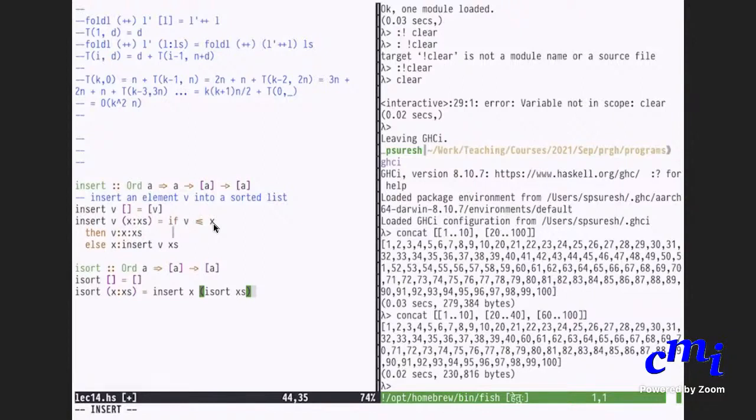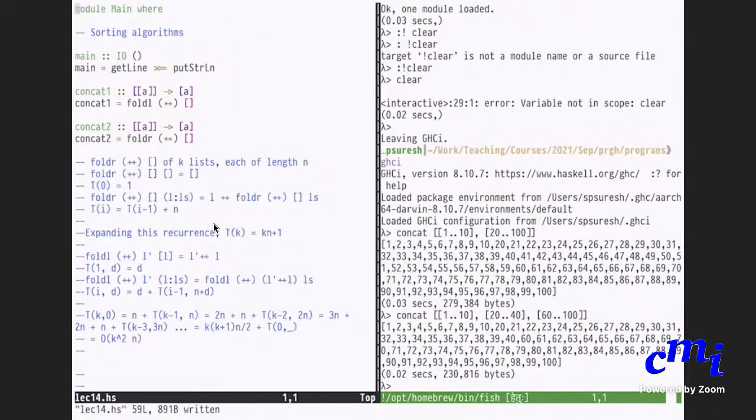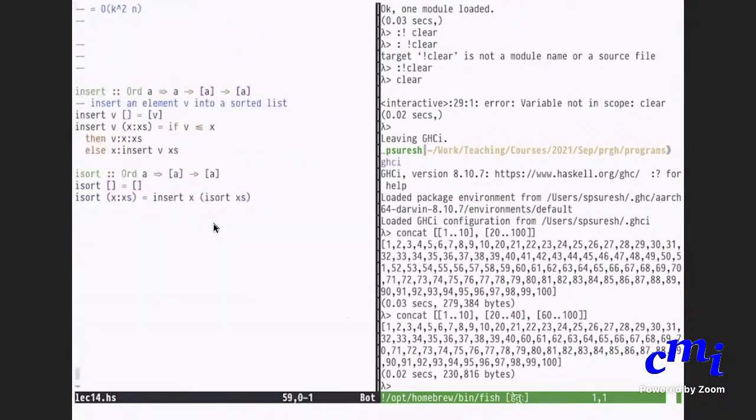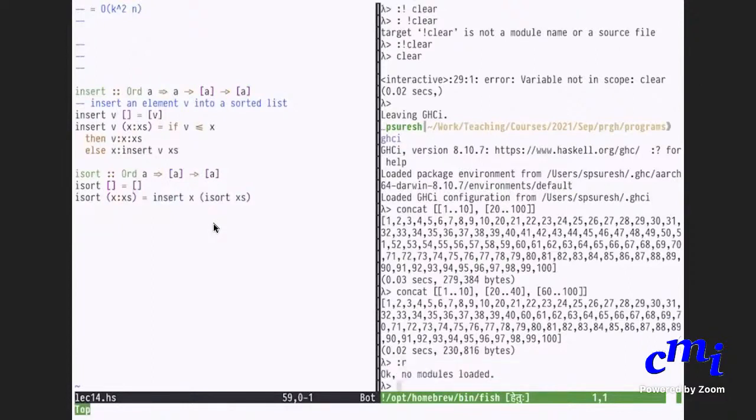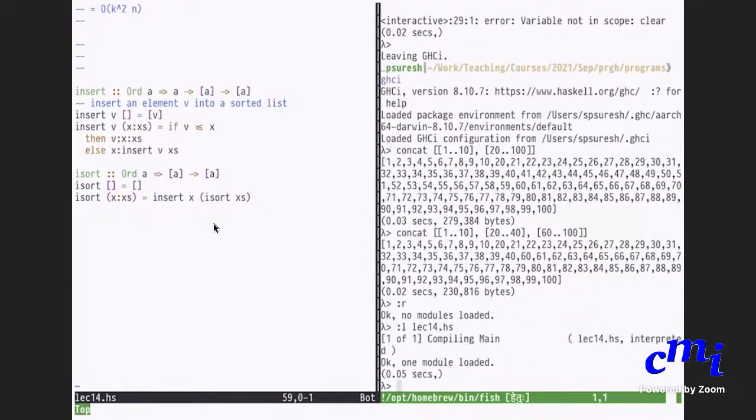Let us check that this does the job for you. Let's try isort on 100, 99, and so on down.